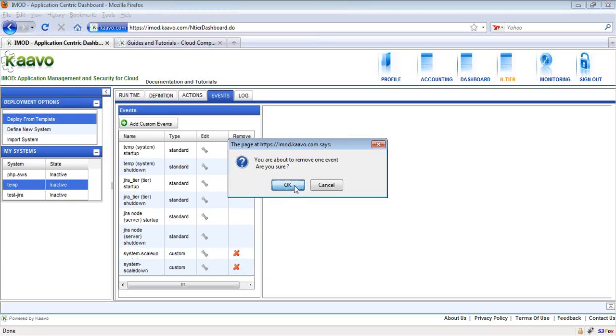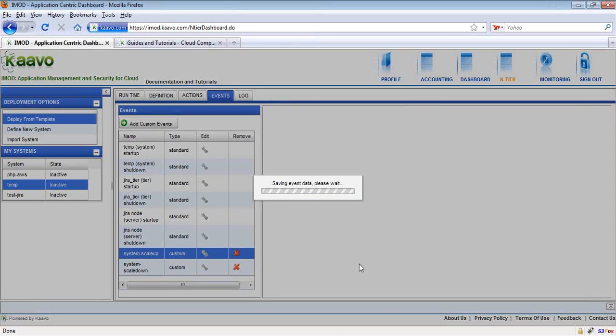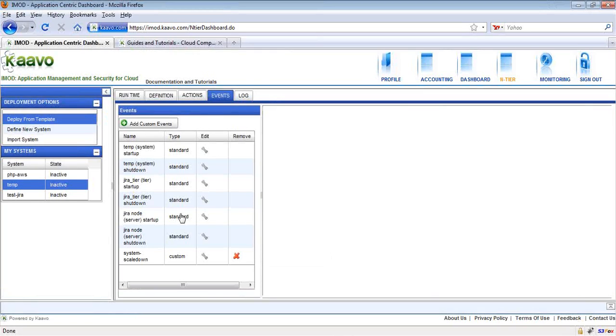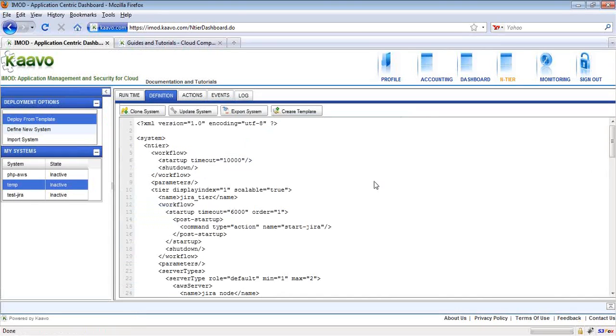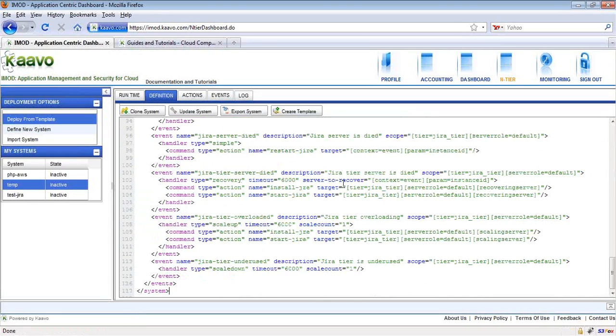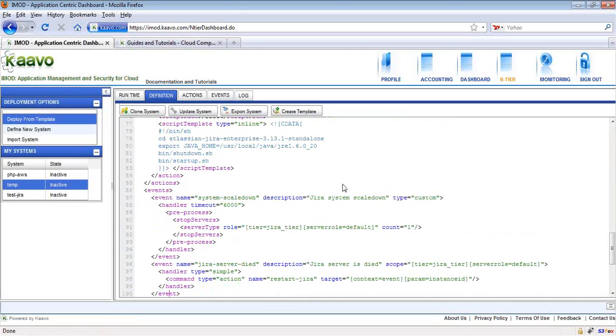I just hit remove event. And I open the XML, and I can see the first event was system scale up. I just removed it, so now the first event is system scale down. So I did not have to manually edit the XML. I used the user interface to do that.